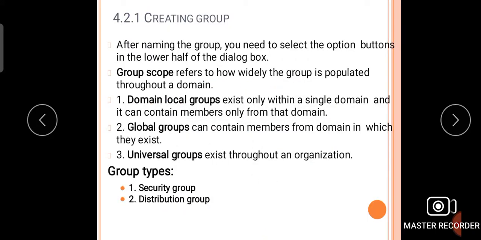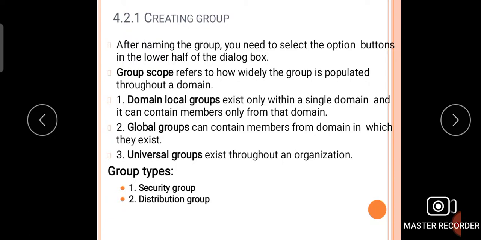Next, after naming the group, you need to select the option buttons in the lower half of the dialog box. Group scope refers to how widely the group is applied throughout a domain. Domain local groups exist only within a single domain and can contain members only from that domain.